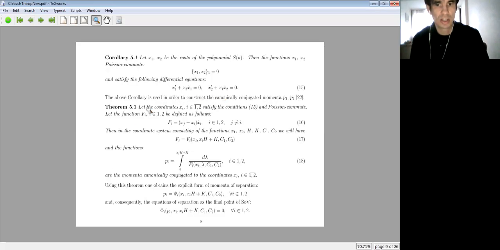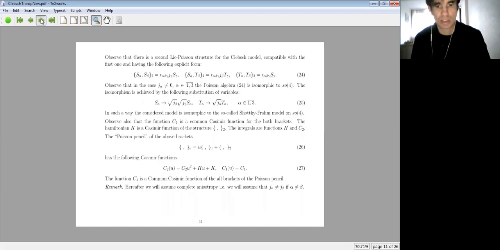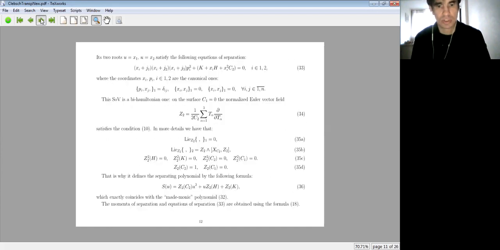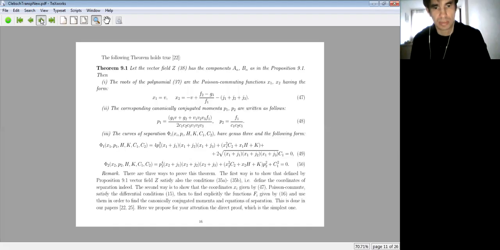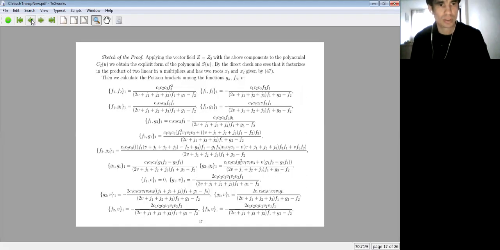Then find the function f and honestly integrate and obtain the equation of separation. The second way and the third way, which is technically much more simple, I will sketch the proof in this